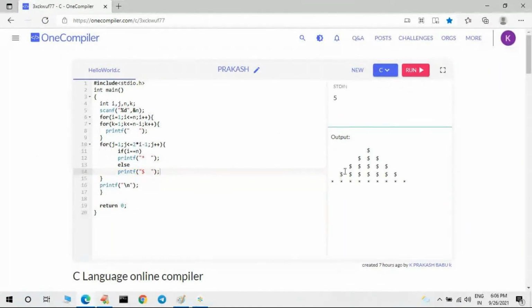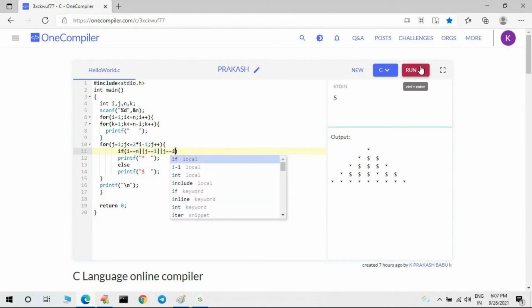Sir, I want to identify this value also. Sir, how you can identify? Just now I told, right? If the value of j is equal to 1, sir, we can get stars. Or if the value of j is equal to n, I want to get stars. Okay, sorry, n minus 1 you can take. No, not n minus 1 also. Sir, I think if it is equal to I, what will happen? In the middle we are going to get. So you can take 2 into I means